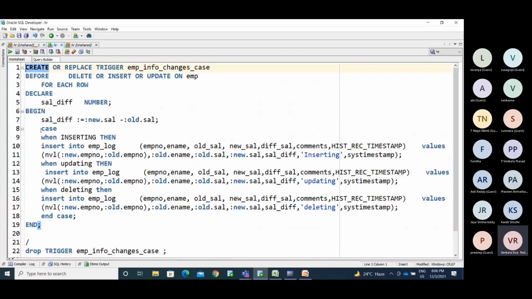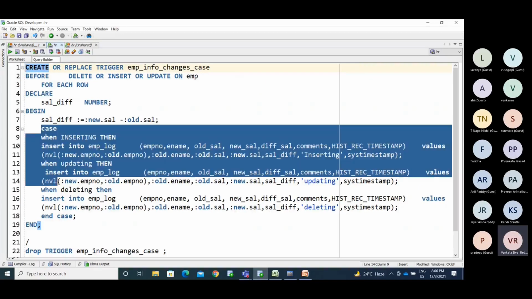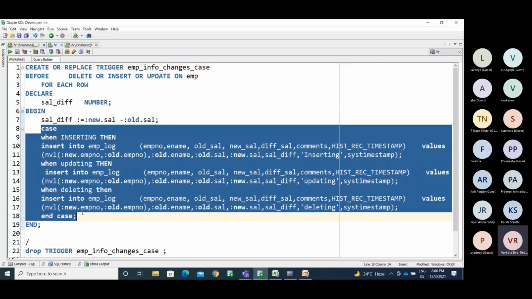Okay, so the interviewers may sometimes ask, what is the difference between case and decode? Case and decode. The case statement will work for equi conditions and non-equi conditions. Decode can work with only the equi condition. Correct? As of now, in SQL we will see only that difference. Now we can see other differences.